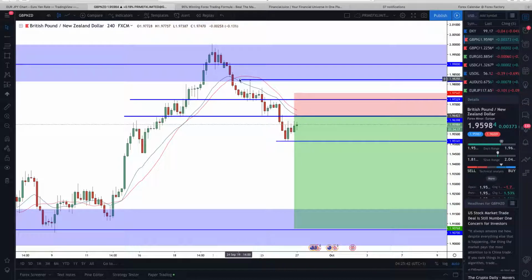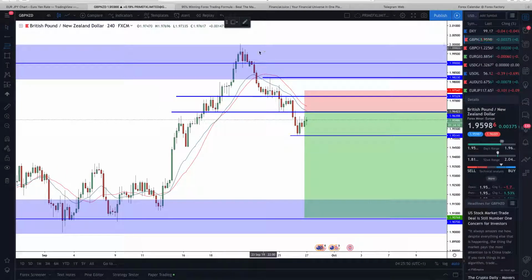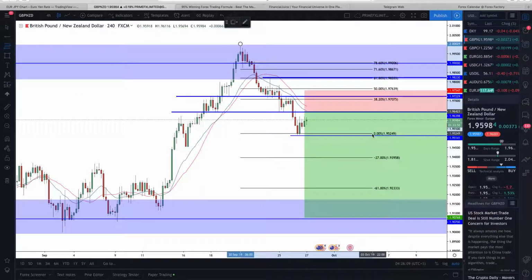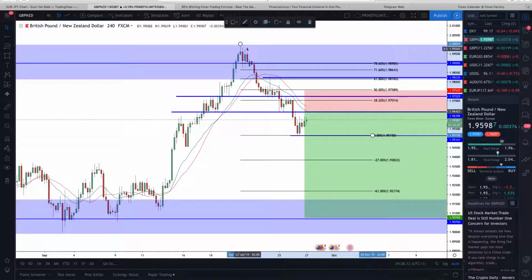This area of resistance is also an area where we have the moving averages acting as an area of dynamic resistance. Okay, using our Fibonacci tool from the swing high, we've spotted two series of lower lows and lower highs. The lows, the lower highs again, another low, lower high, and then finally made that third lower low. I'm expecting that third lower high before completing this entire move to the downside. If I get my Fibonacci tool from the significant high to the significant low, we can see the 38.2 is now into this area of